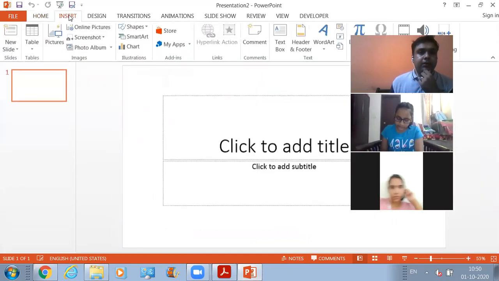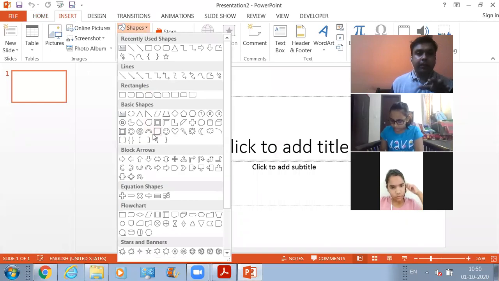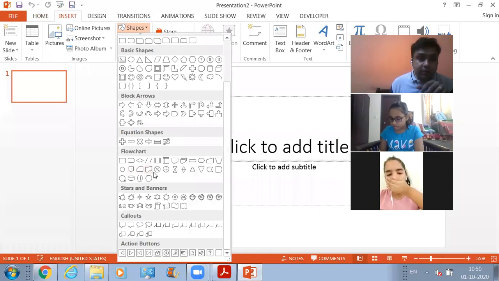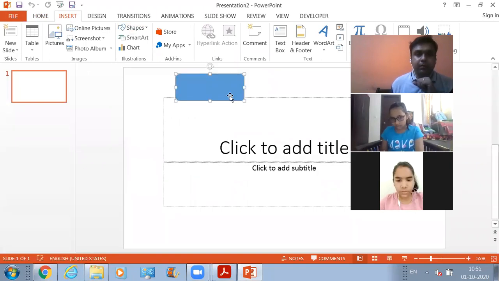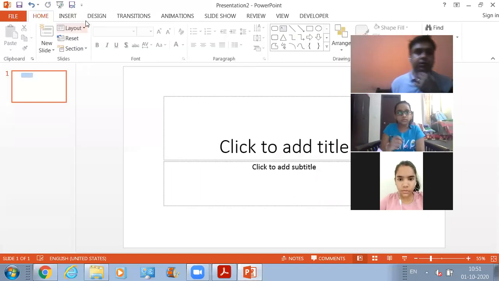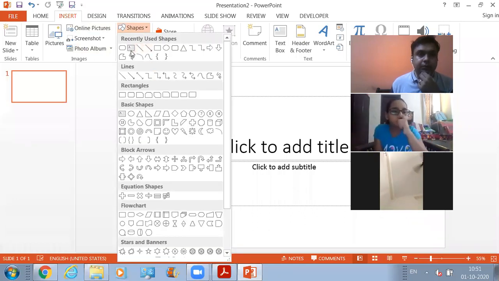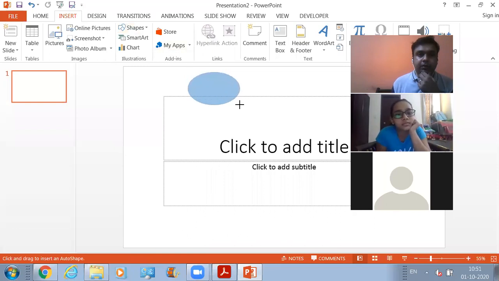And so the first thing that we need is an oval shaped box, right? Where can I find that oval shaped box? Okay, let's make use of this one. Well, this is not an oval shaped box. Insert shapes. Okay, let's make use of this one. Fine.